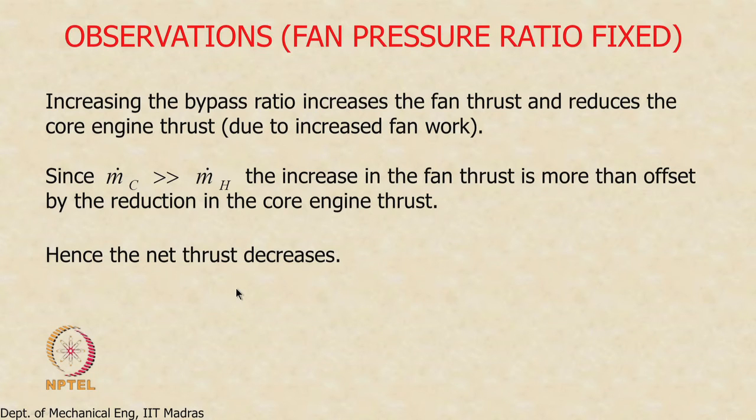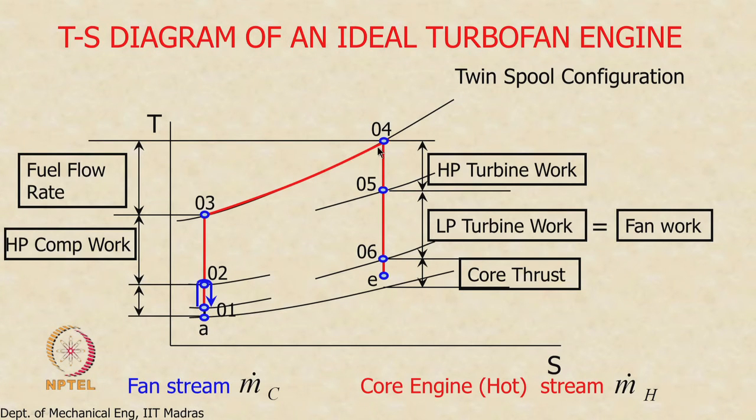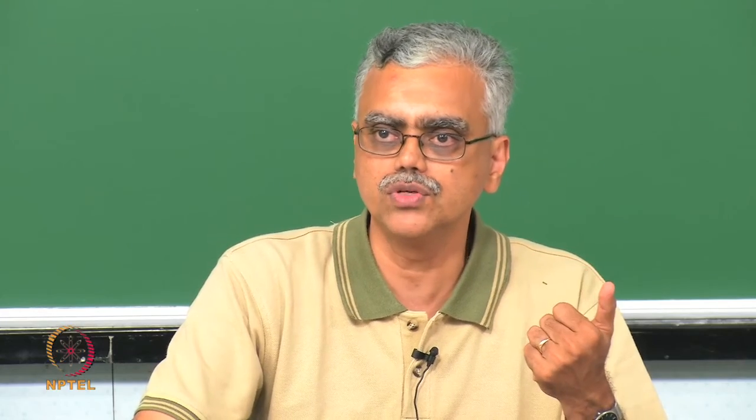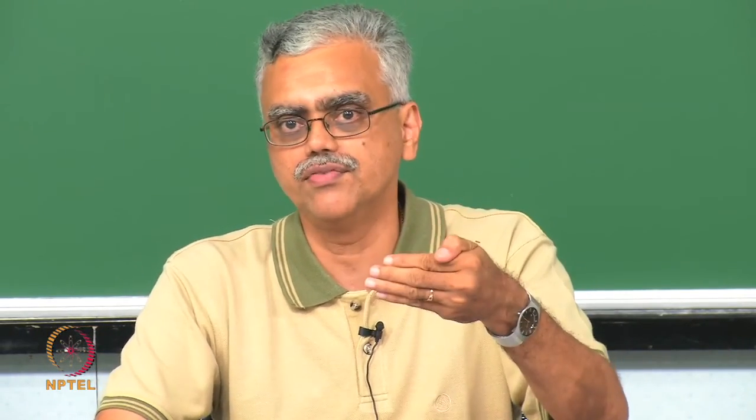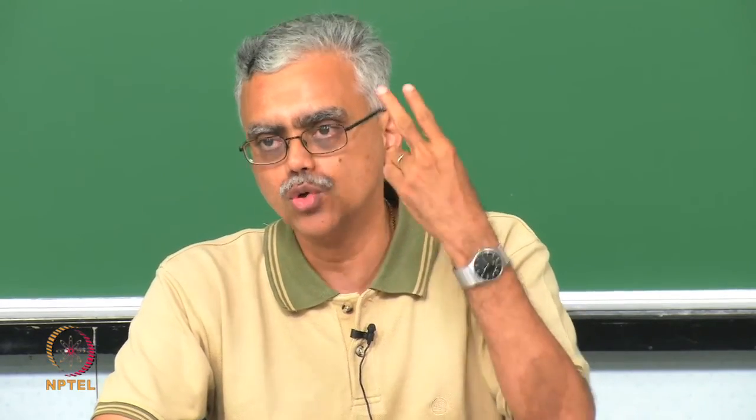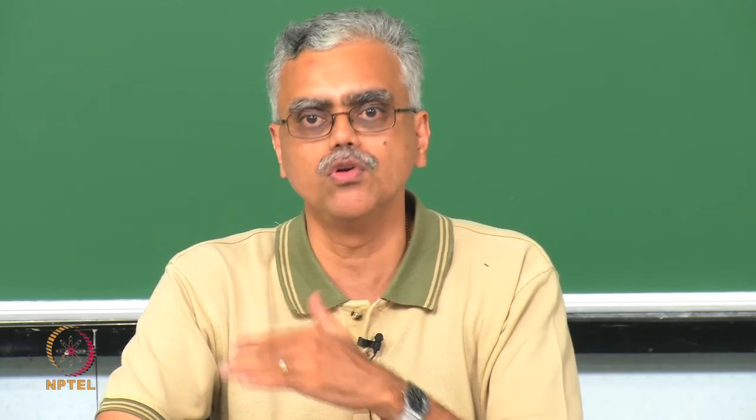Now, if you think about this, in the earlier turbojet cycle we identified two parameters in the cycle. One was the pressure ratio, the other was the turbine entry temperature. We looked at the effect of increasing the turbine entry temperature on the performance of the cycle, and the performance was assessed based on fuel flow rate and specific thrust or thrust itself. We also looked at the effect of raising the pressure ratio on these two metrics. So, there were two parameters in the turbojet cycle, pressure ratio and turbine entry temperature, and the performance metrics were thrust and fuel mass flow rate.